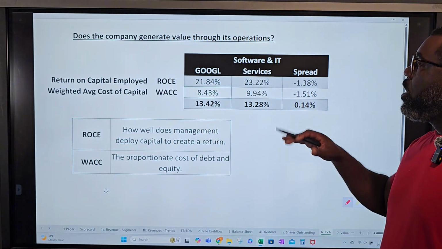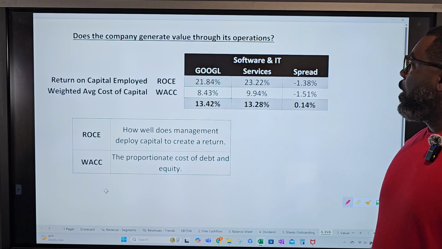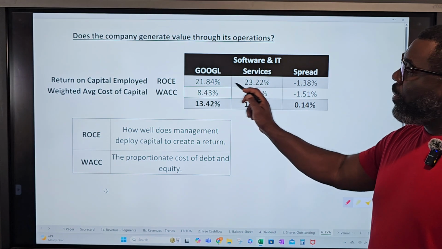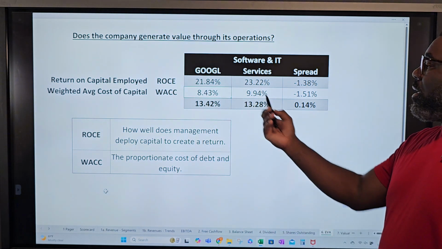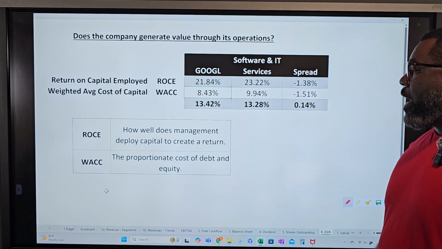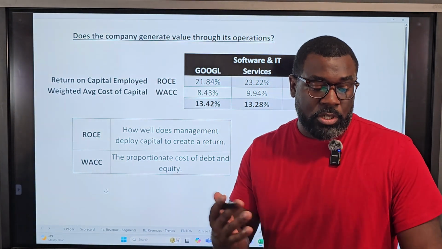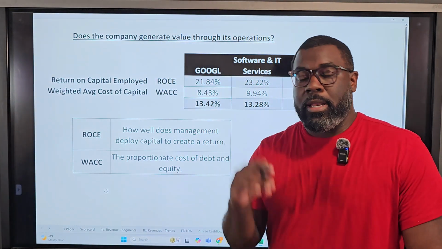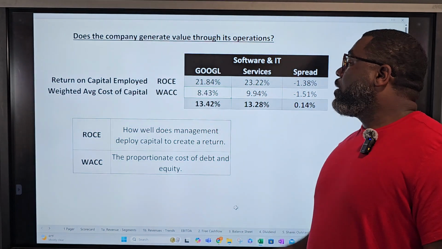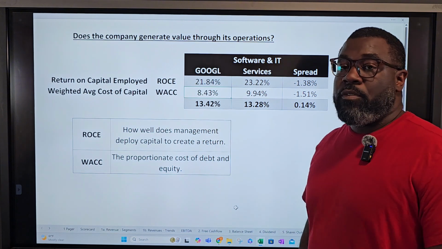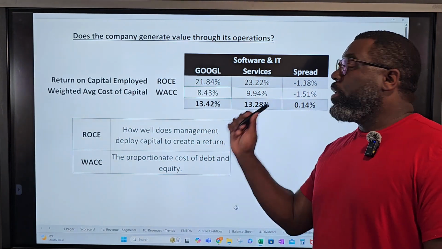So they're pretty much on par with some other software and IT services companies. Return on capital is a little bit less, but so is the weighted average cost of capital. So they're basically right on par with the average, a little bit higher. So that's a great sign. We want companies to earn a high return on capital as they're doing, and it's a solid spread above their cost of capital. So when it comes to value creation, they are creating value at a rate of about 3.4% per year as far as what they're returning on their capital. And this is the 5-year average.